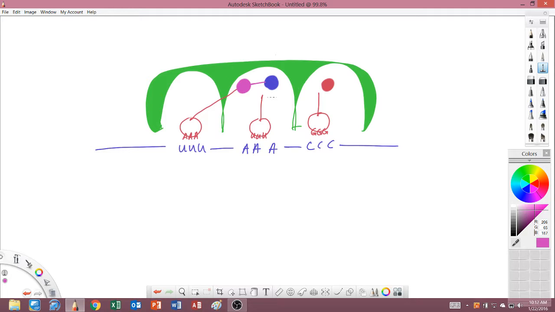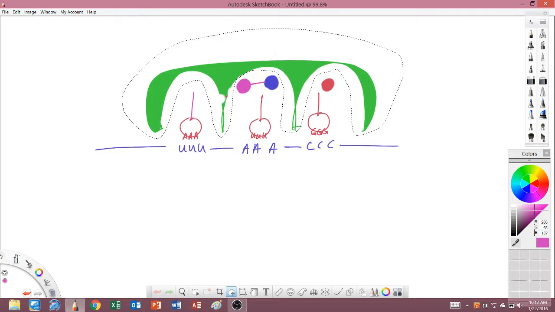As soon as this bond is made, this is broken. Now you have a tRNA that is no longer attached to any amino acid in the E site. Let's say this thing has a stress; you break it and it just becomes straight. It's stressful, right? So it's empty, and then the ribosome will move. Now again, I don't have room, so let's say it moves. Oh, I can do that. You guys should have told me I can do this. I don't have to keep trying.